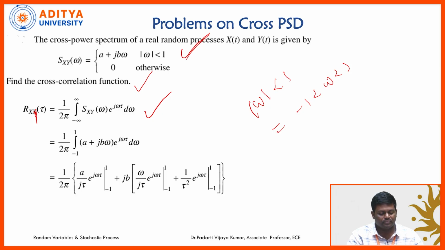d omega. So this a into e power j omega tau, the integration of e power j omega tau is, here omega is the variable parameter. So e power at by a, here a is j tau, so it is a by j tau e power j omega tau from minus 1 to 1. Similarly, here we will apply the uv rule. So integral u dv is equal to